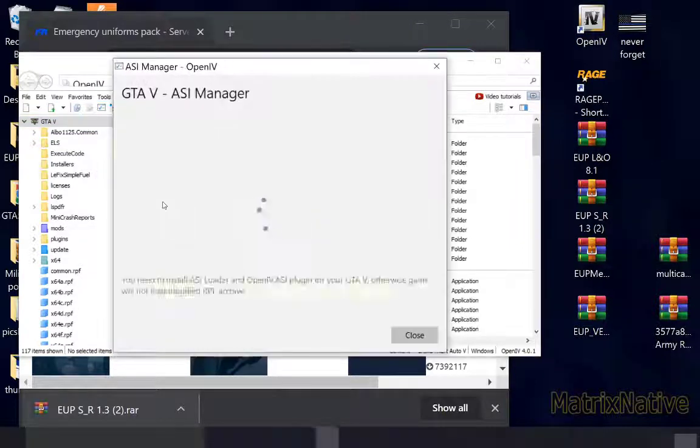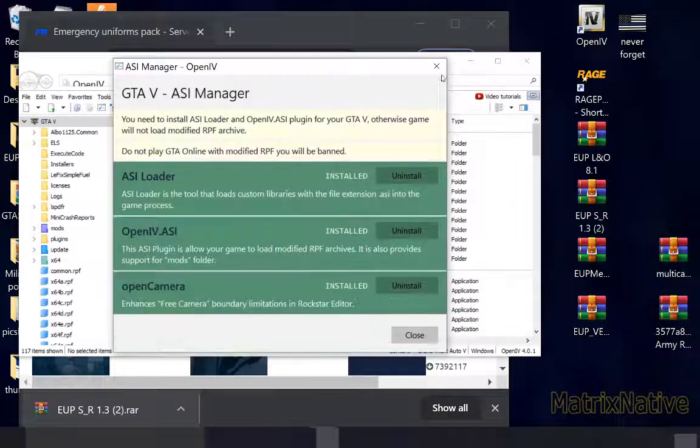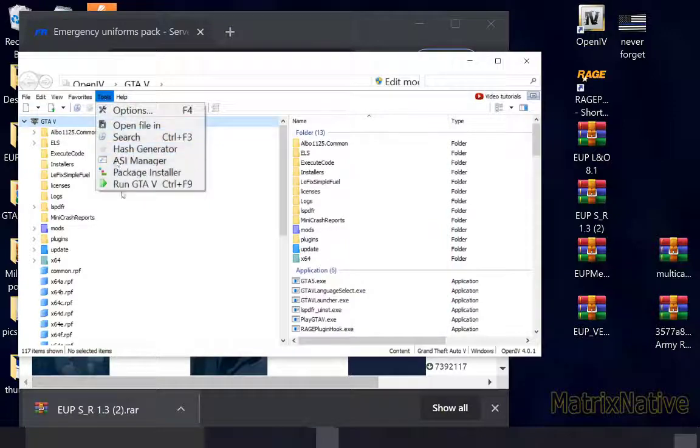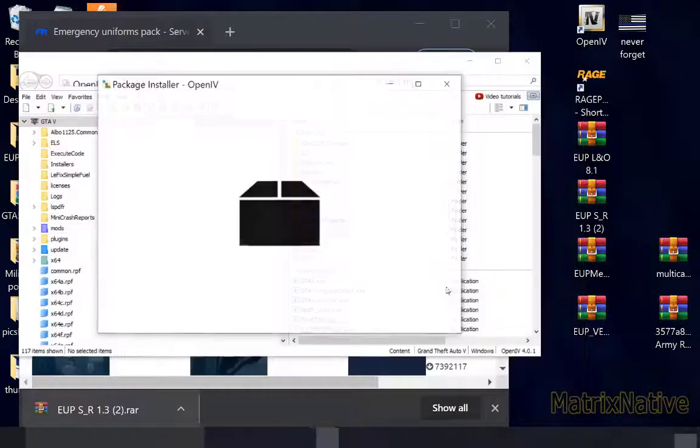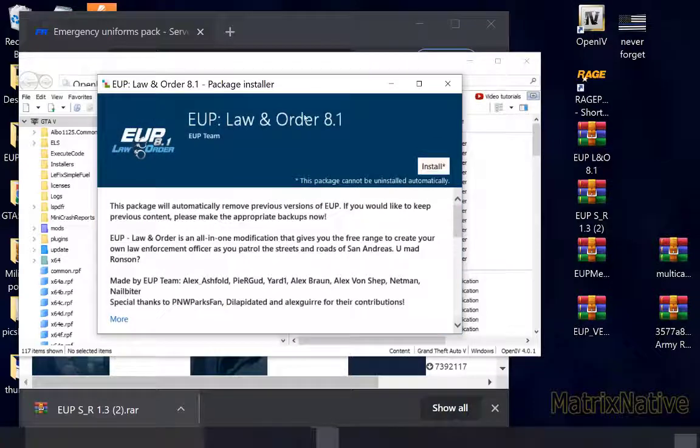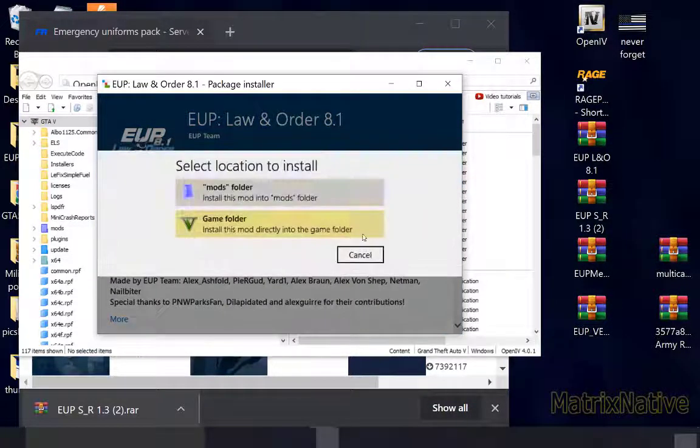Also, always check your ASI manager. Make sure you're green there. Once you're green there, just go to your Tools, hit your package installer. So right here we got our EUP Law&Order. Now I have actually already installed this, so I'll go ahead and install it again. You just open it. So once you have it open, go ahead and hit your install,